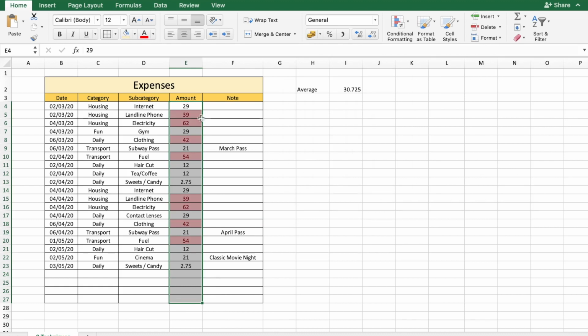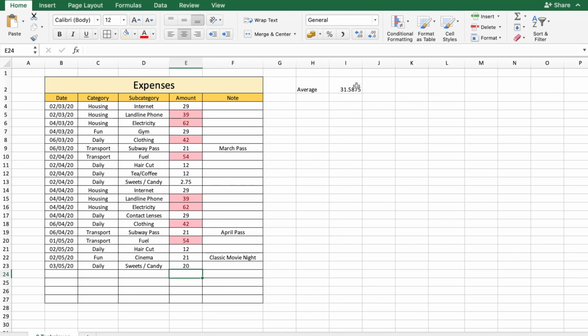There you go. So now all the cells whose value is greater than the average of the full range is being highlighted. So let's say if I now change this to 300, you know now that the average is changed to 45.59. This is here for our information only. Only those cells which are greater than the average is being highlighted. So if I change that to, let's say, 20, so now the average has gone down to 31.59 and only those cells which are greater than that are being highlighted.